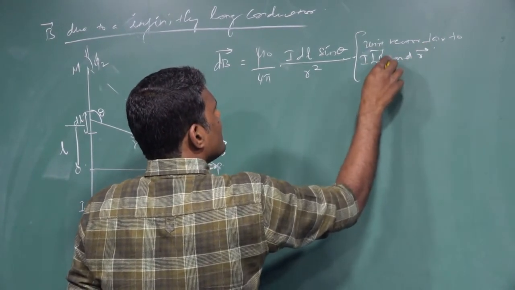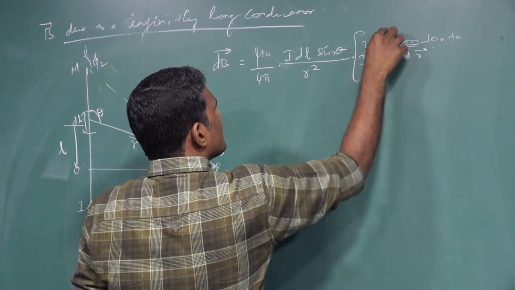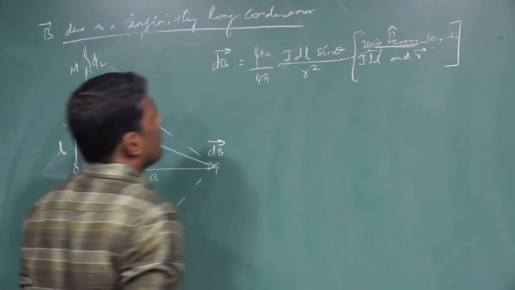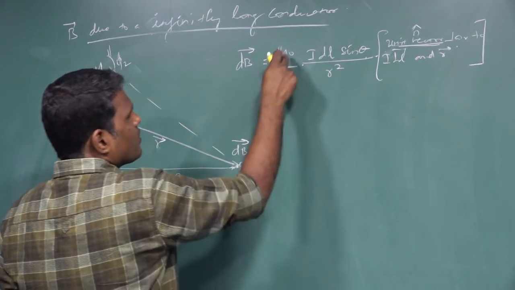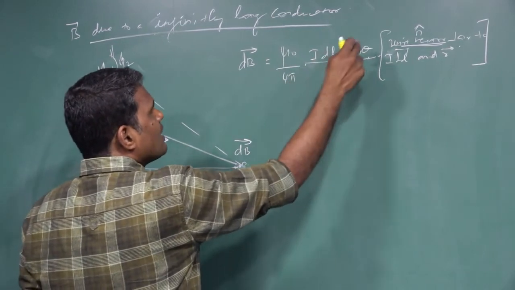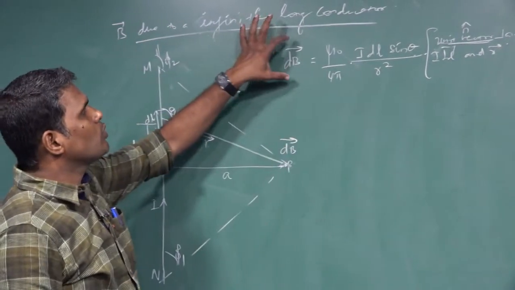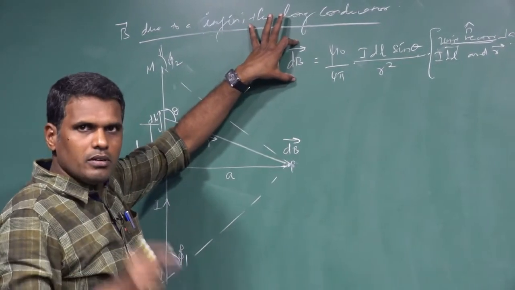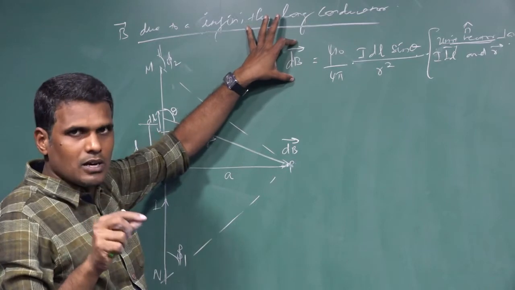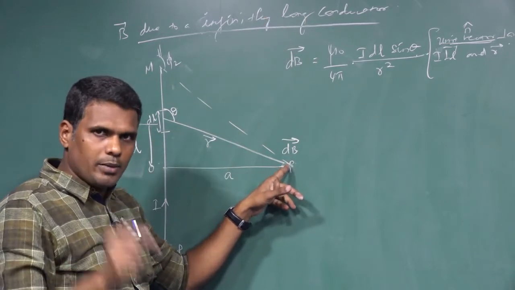I am taking it as n cap. So dB vector equals mu naught by 4 pi, I dl sin theta divided by r square, into n cap. This will give you the magnitude and direction of the magnetic field at the point P due to the small